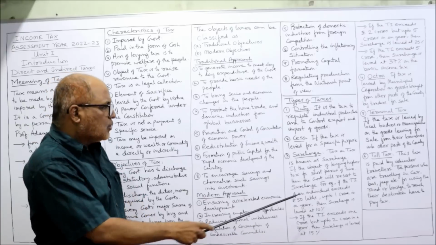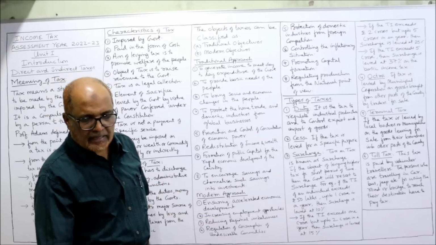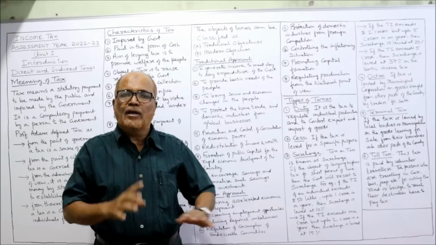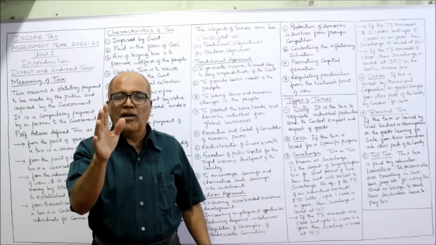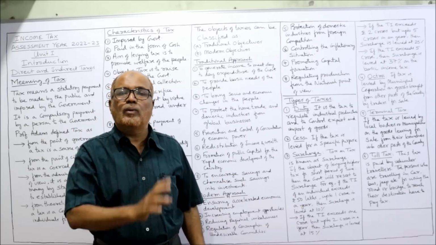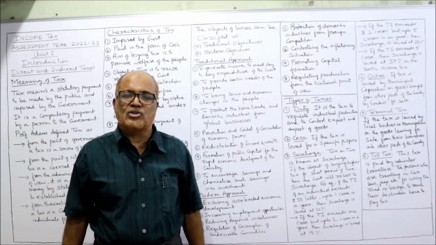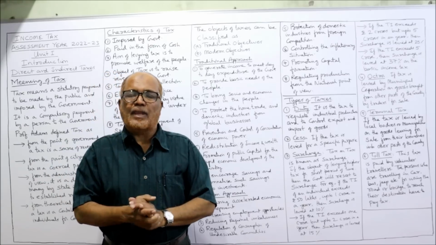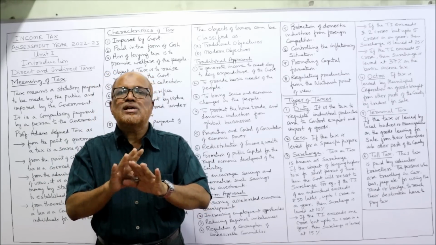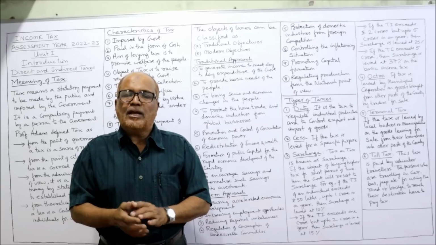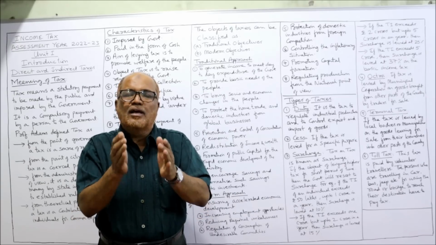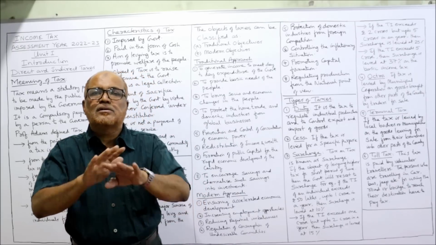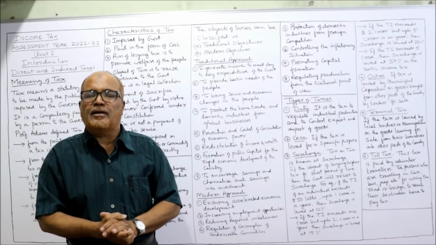For example, total income of an individual exceeds 50 lakh. For the current assessment year, remember 22-23, this surcharge is very important, not only for problems, but also you will get a theory question. What is surcharge? You have to remember the rates. Up to 50 lakh, no surcharge will be applied. That means during the current previous year, if the total income is up to 50 lakh rupees, no surcharge will be applied.